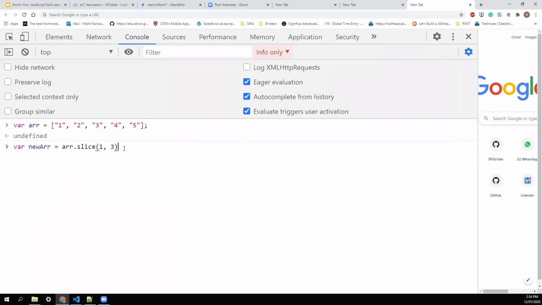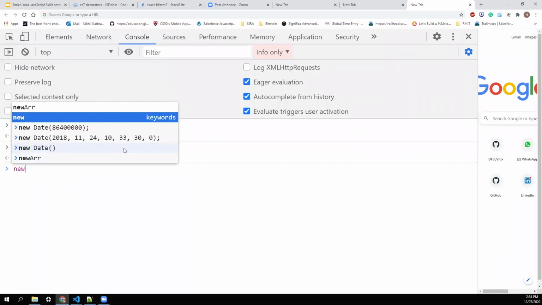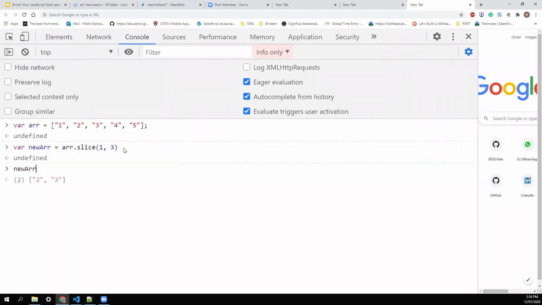So let's see what it means. If I hit enter and see my variable, the slice coming out of this array. I said start at index 1. So index 1 is this, and go till index 3. So index 2, index 3. And we said it does not include the last index value.